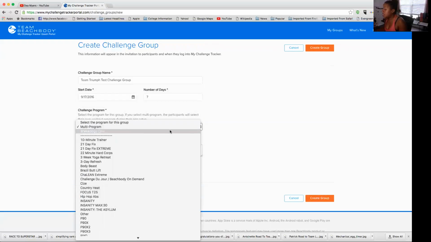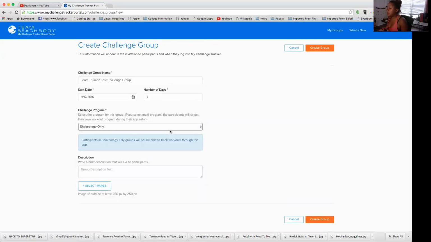Let me just say this, there's also a Shakeology only program. If you decide to let people just track their Shakeology and not their workouts, you will notice that this blue box appears that says participants in Shakeology only groups will not be able to track workouts through this. So make sure that if you want to do Shakeology only, you're not going to expect people to track